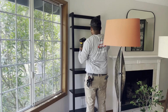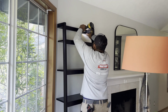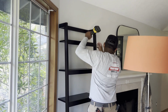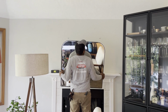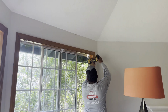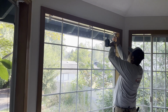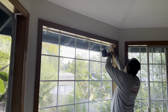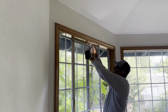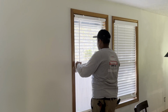In this video, I'm going to be showing you how to paint some interior walls and also the ceiling. We're not going to be painting the entire house, but we're going to be mostly focusing on the kitchen area, the dining room, and also the living room entry of the house, along with a good portion of the ceiling in those areas. The first thing that you're going to want to do is obviously make sure to clear out